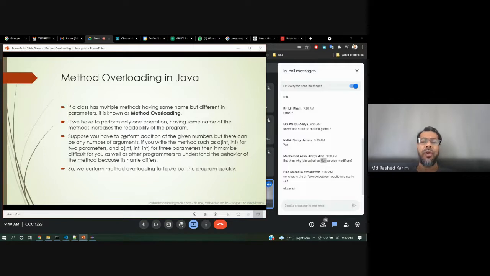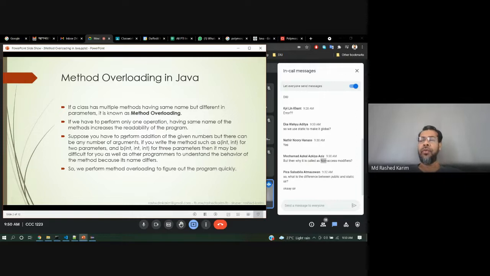If we have to perform only one operation, having the same name for the methods increases the readability of the program. Because I don't want to remember so many methods and so many different names. That means you would need to memorize. But for similar types of methods with different parameters, like adding some integer numbers, how many numbers do you want to add?